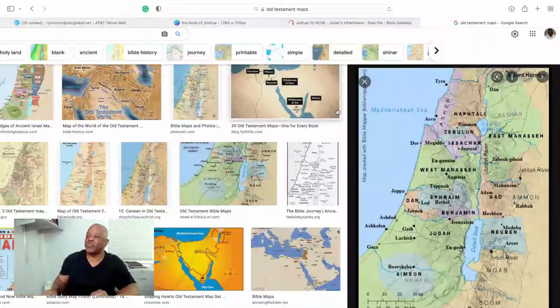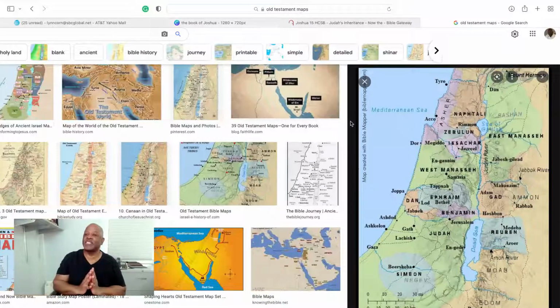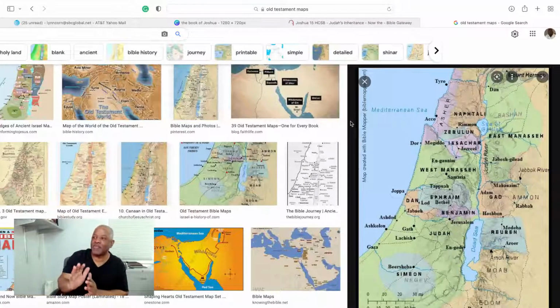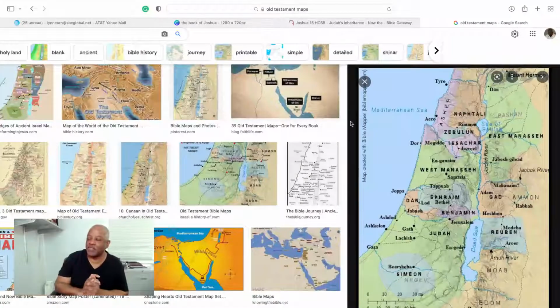If you look at the map on the right, the enlarged one, when we talk about Joshua dividing up the land, this is kind of an ideal of what is going on. So you see some of the highlighted things. Look towards the bottom, Simeon. Then as you kind of move up,